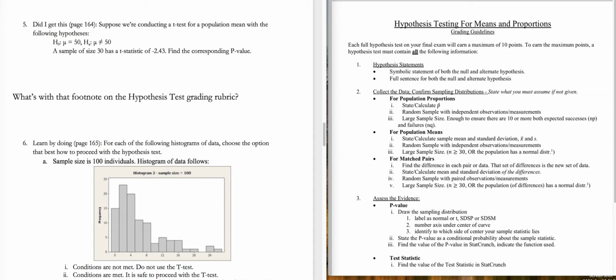the corresponding p-value. So first, just a reminder actually that just like checkpoint questions, the "Did I Get This" and "Learn by Doing" questions can actually be different student by student. So you may find out that you have a different null and alternative hypothesis here, but the theory is still the same. And actually, what I'm going to say about this is that we're not going to find this corresponding